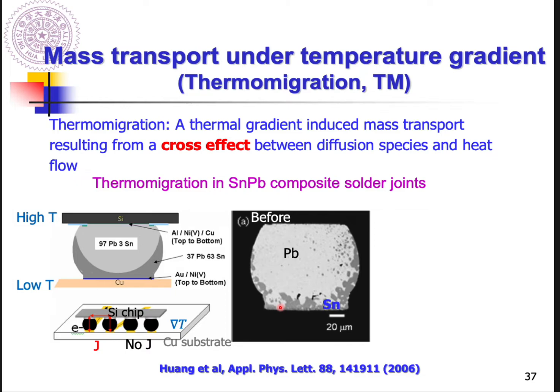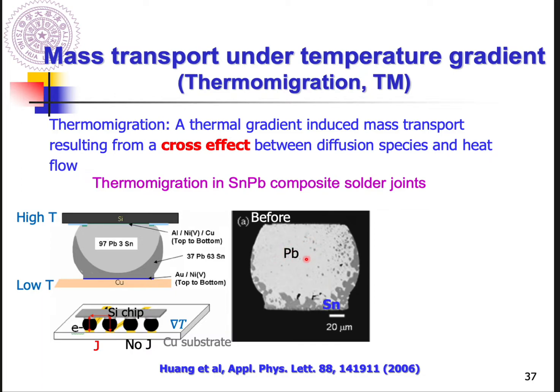So as you expected, they use the SEM with the backscattering electron mode to investigate the tin and lead distribution within this solder bump. And as expected, the tin majorly is located at the bottom region of the solder bump, and the upper region is